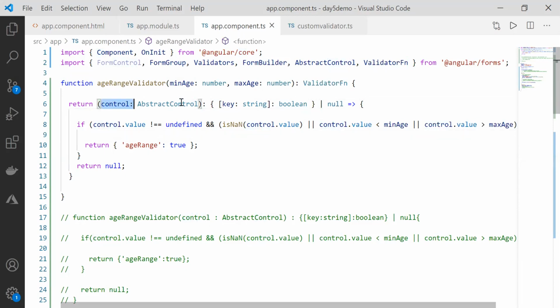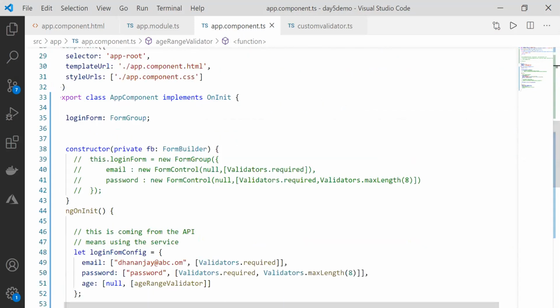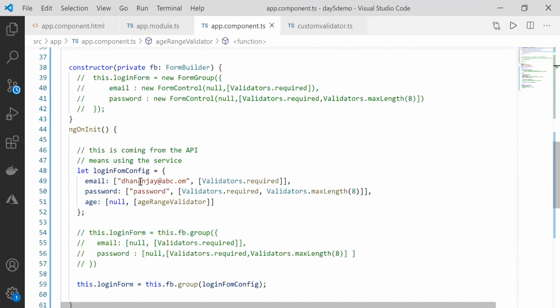So it takes a parameter, and this is the mapping of validator function or null. So we are getting an anonymous function and returning that, with the same code. The only thing we need to make sure is that here this is minimum age, and here this is maximum age. Okay, so once this is here, we can come to our ngOnInit,